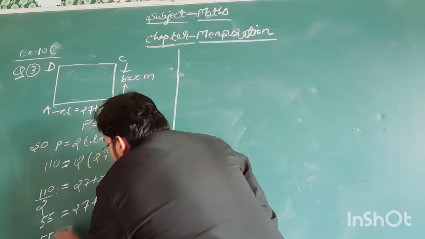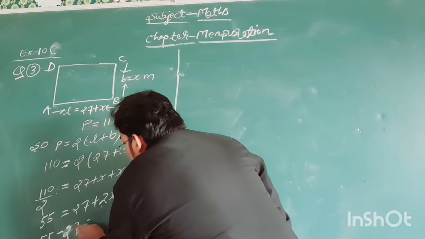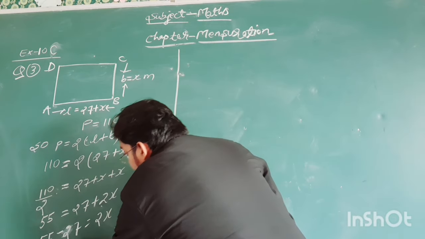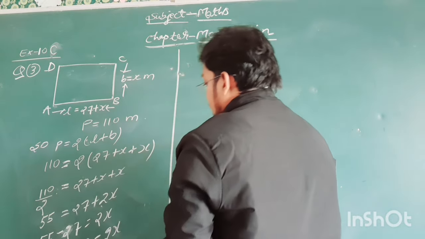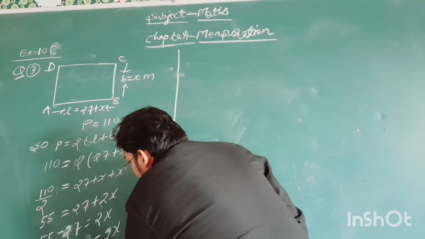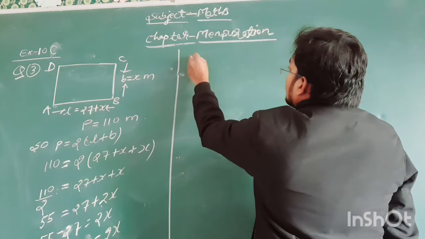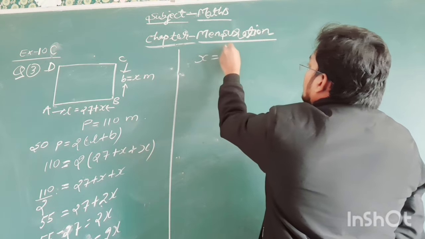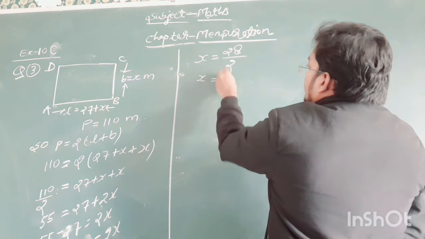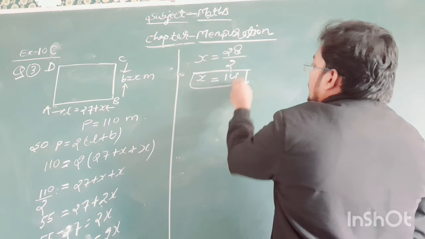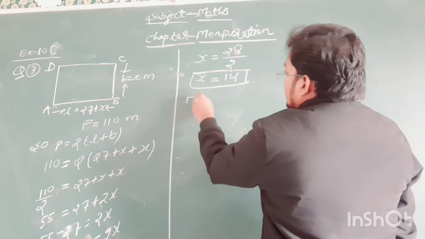55 minus 27 is equal to 2x. 28 is equal to 2x, and x is equal to 28 upon 2, which is 14. Then